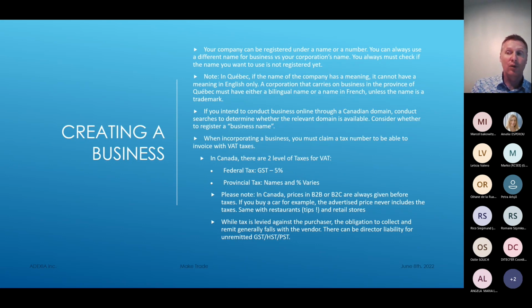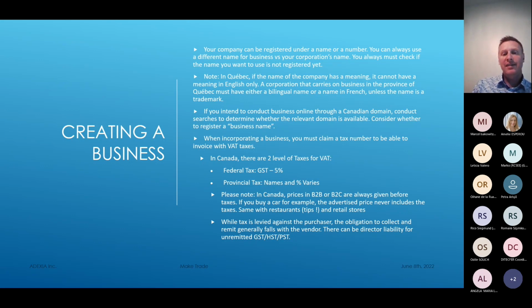So you go to the restaurant, you order your meal, you say, oh, okay, it's $20 for a steak, it's not bad, but then you have to add the tax, so 13% in Ontario, 15% in Quebec, and then you have to add another 15 or 18% for the tip to the waitress. So the $20 become much more money, and it's always a little bit of a shock for people coming from Europe. So yeah, please keep in mind that prices, business and retail, are never shown with taxes included.